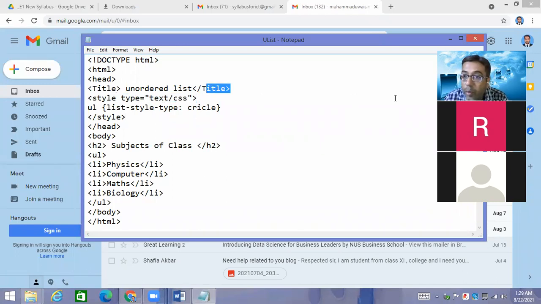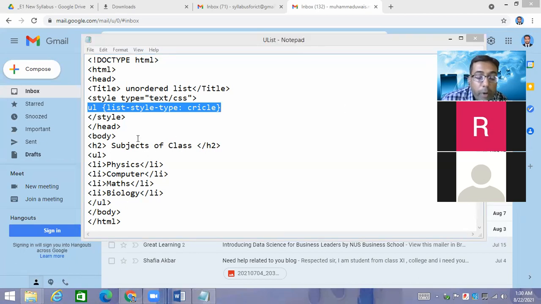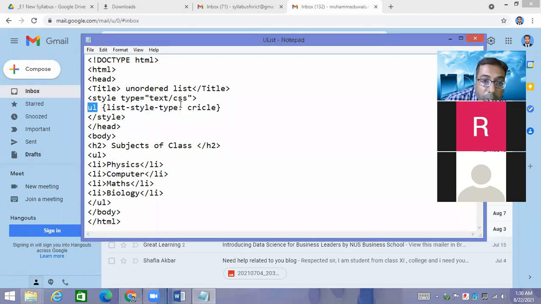This line of code you always have to mention whenever you are writing HTML code where we are going to use cascading style sheets. Over here you can see that we have mentioned that in this program code, we are going to use unordered list. This was the topic that I explained last week. Unordered list means we have a list which will be unordered. Unordered means there won't be any numbering, Roman numbering, alpha numbering or decimal numbering, but there will be circles only.